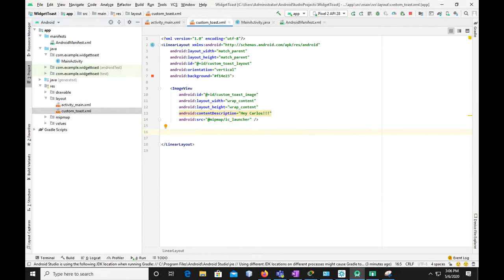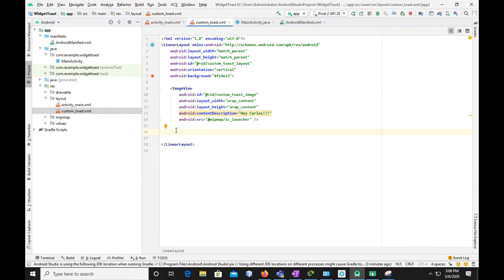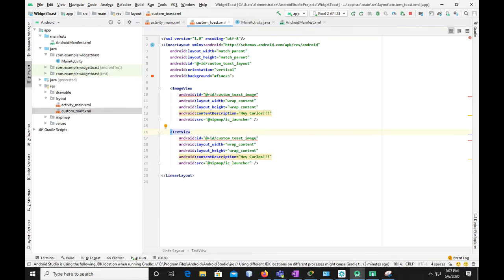Again, I am going to copy the same, but right now I will add TextView instead of ImageView. And the ID will be message instead of image. It's message, so MESSAGE, sorry, not capital, all small: message. Wrap content, content description is